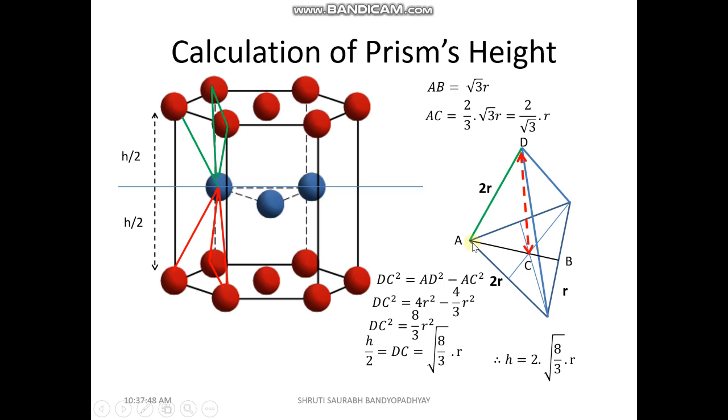Now from the right angle triangle formula we see that this AB and this one is the right angle triangle. This one is the 90 degree, that is the hypotenuse 2r, and that one is the base r. So what will be the length of this AB? Obviously root 3 r, because 2r square minus r square, that is root over 3 r square, that is root 3 into r. So AB is actually root 3 r. There is no doubt in it.